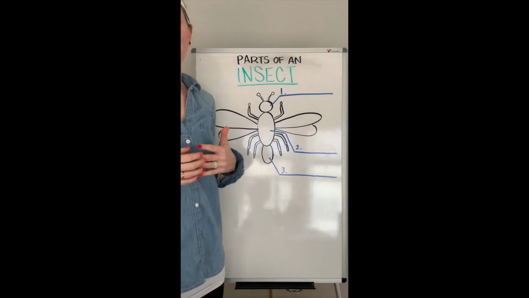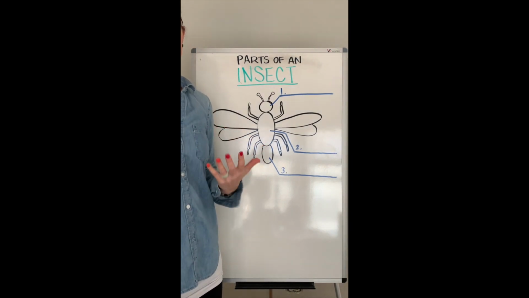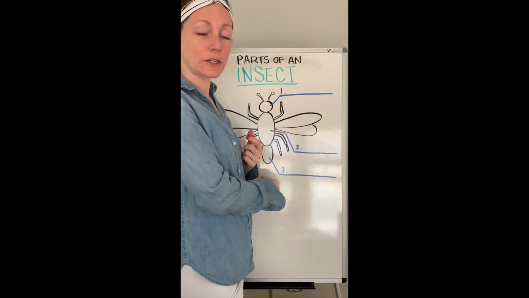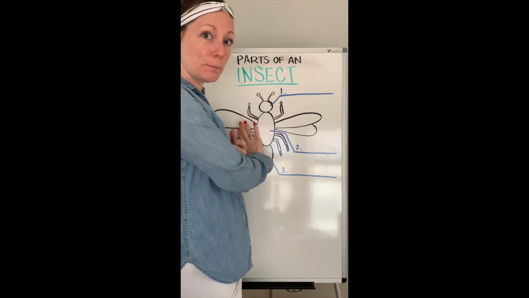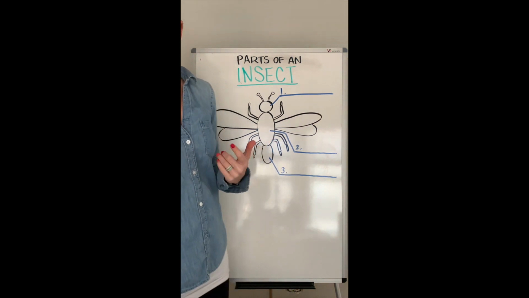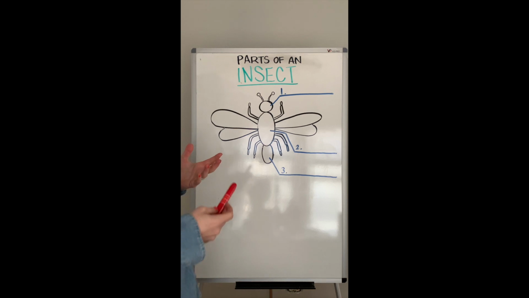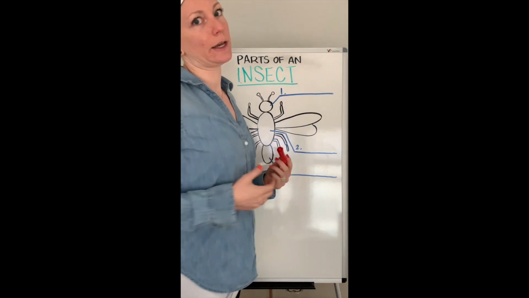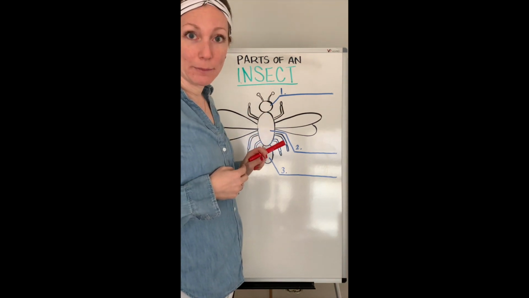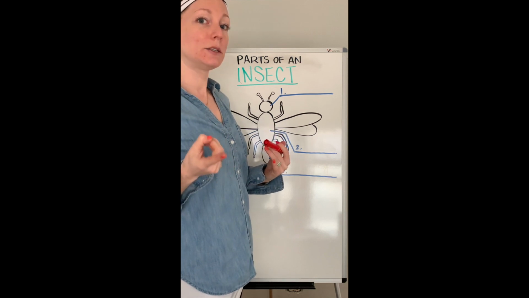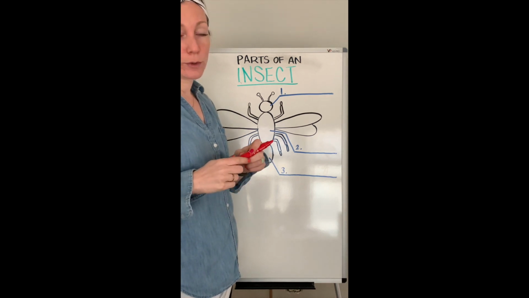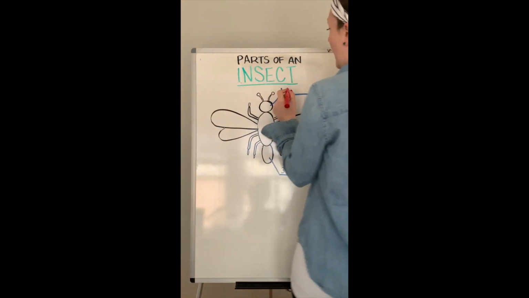So now we're going to look at the different parts of an insect. Insects are awesome for showing symmetry because if you divide an insect straight down the center, you're going to see that they have the exact same parts on the left side that they have on the right. So first, before we can create our insect, we need to talk about the different parts of the insect. Every single insect has three main parts: the head, the thorax, and the abdomen. So for your drawing, you must make sure that you have these three sections of your insect to receive full credit. So again, we have the head,